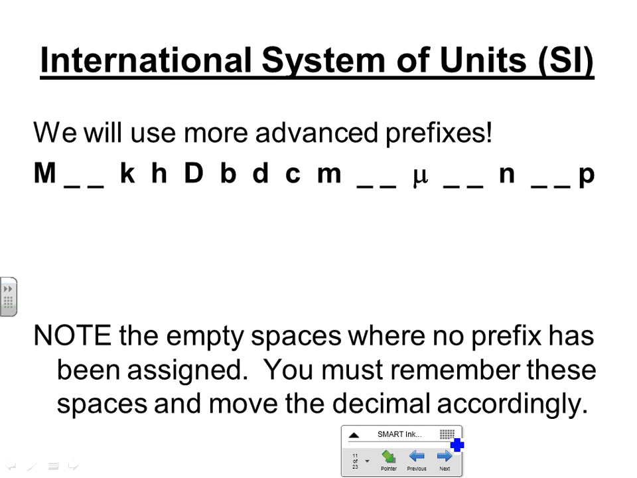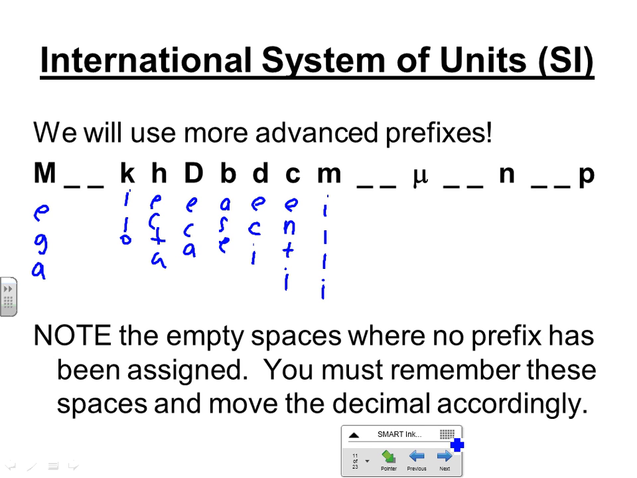We've got the same ones here, so kilo, hecta, deca, base, deci, centi, milli. And then we also have these extra ones. These extra ones are going to be to different exponents. So this is mega,